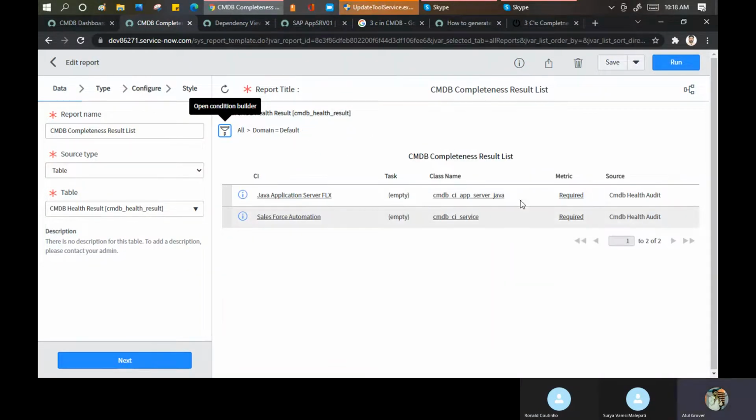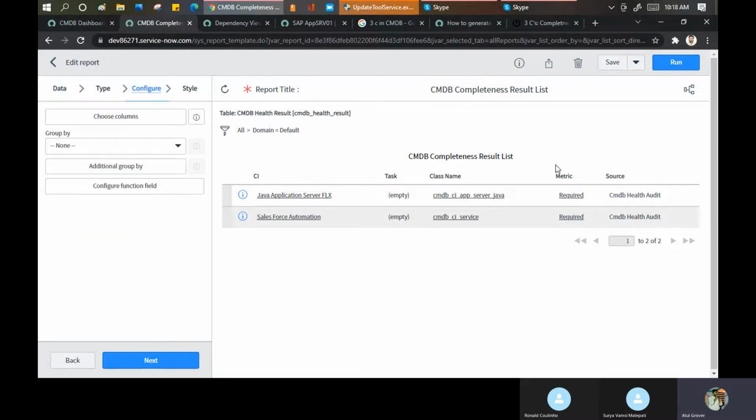We have only two results here, metric required. So they're calculating something at the metric level for these reports, and then showing the results to us. If you want to do a deep dive, you can open this report and understand how this has been coming. But these are the reports.